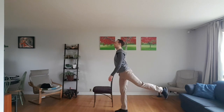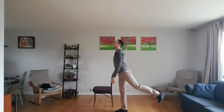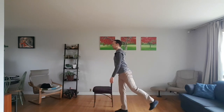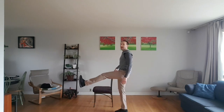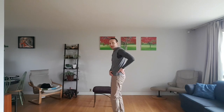27, 36, 45, 54, 63, 72, 81, and 90. Good. Now that's going to stretch out the muscles in the front of the left hip and work